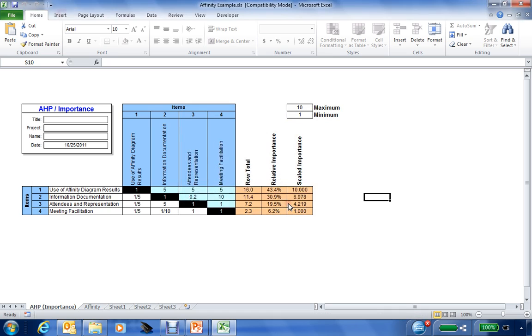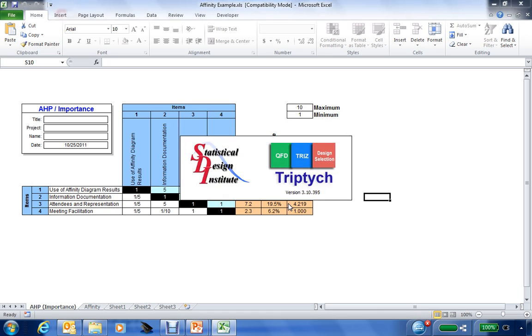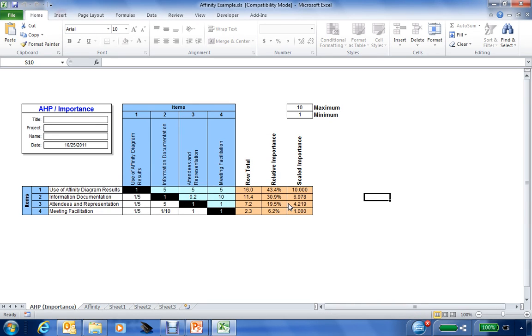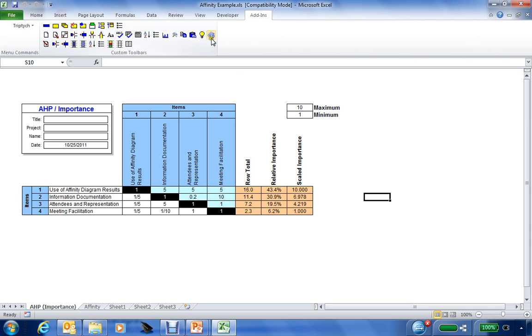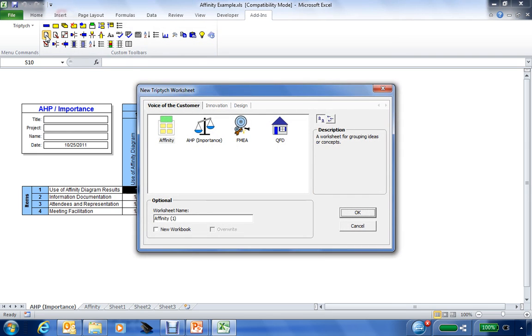And after the tools open as an add-in to Excel, you'll have either the toolbars available on your desktop, or in the add-ins ribbon you'll have the toolbars available to support the next steps of your session. So now then, in order to start a QFD, there's two different methods you could use to start building a house of quality. One would be to go to the new worksheet icon in the Triptych toolbar, from which we